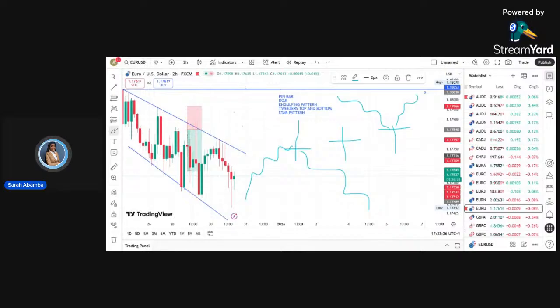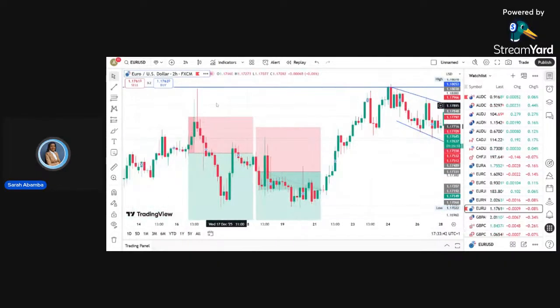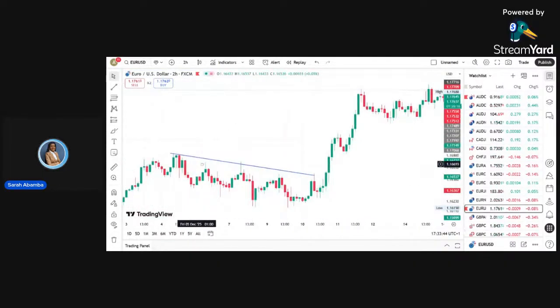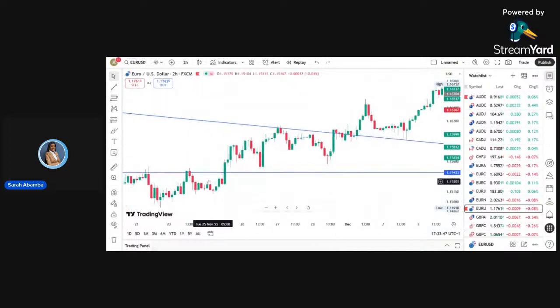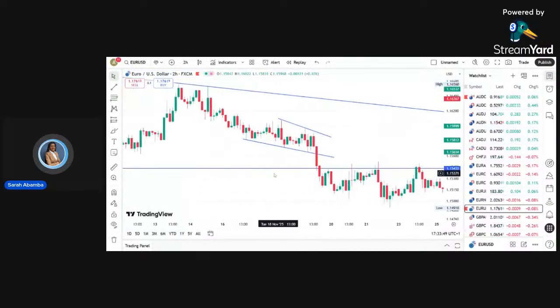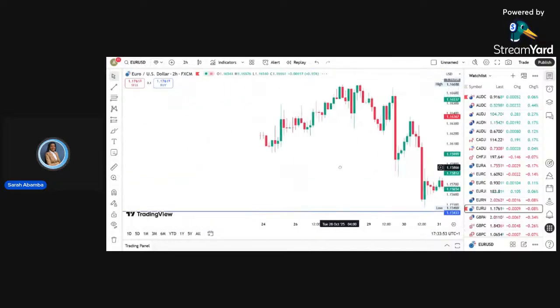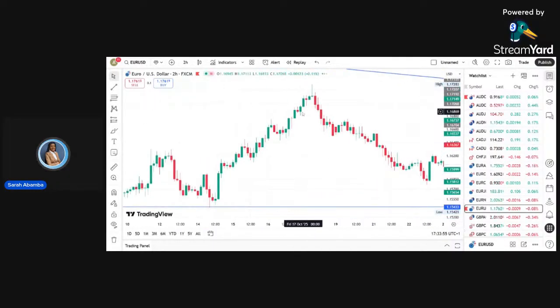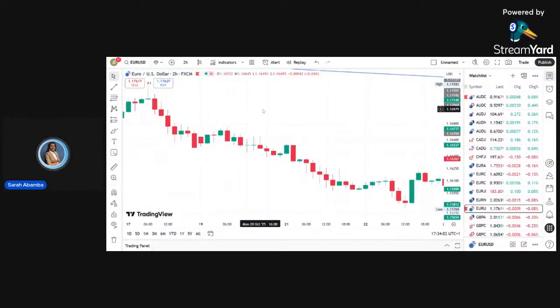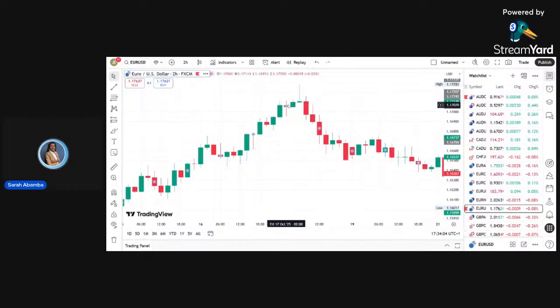So let me continue. The next thing we'll be doing is going through the chart so that we see examples of what I was explaining. The examples we are looking for now are dojis. Okay, look at one here. This is a bearish doji, wicks facing up, body facing down. The next thing you see is that